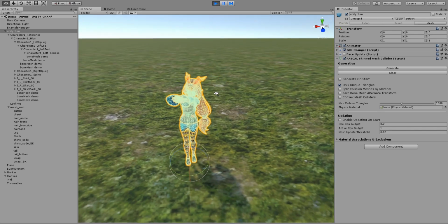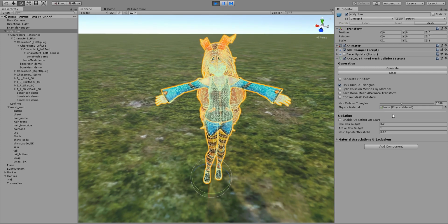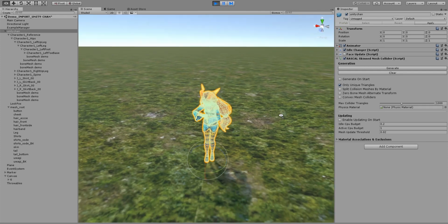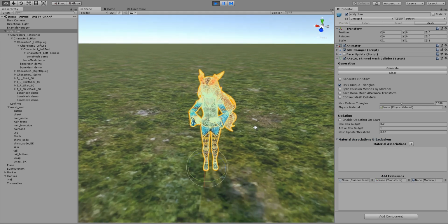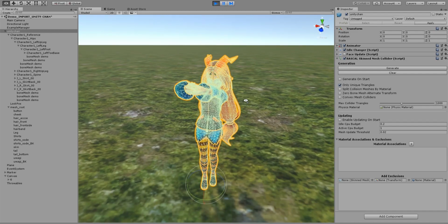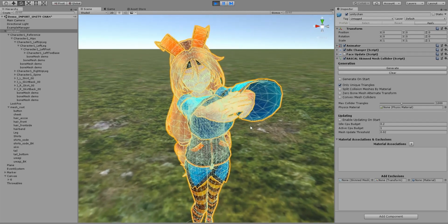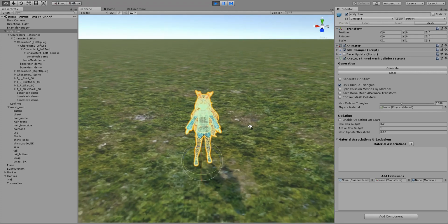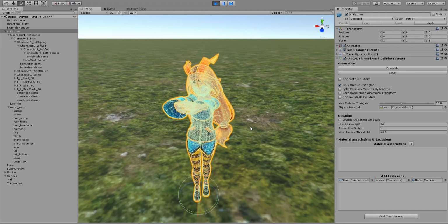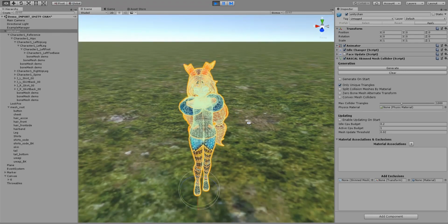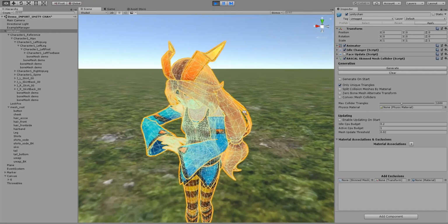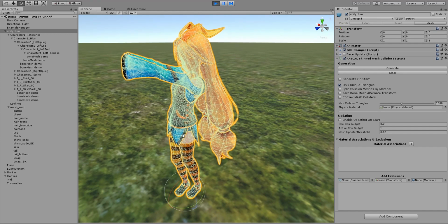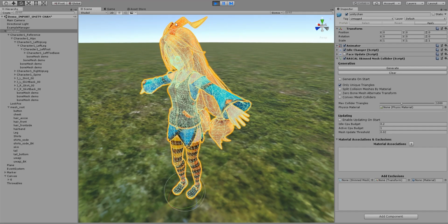That's about it, really. There's not much else to show. There's some other options. I won't go over all of them. You can look at them, ponder what they might do. But of course, you can associate materials of your skin mesh to physics materials, and you can associate bones to physics materials as well, and stuff like that. So there's plenty of control over the physics materials assigned to these